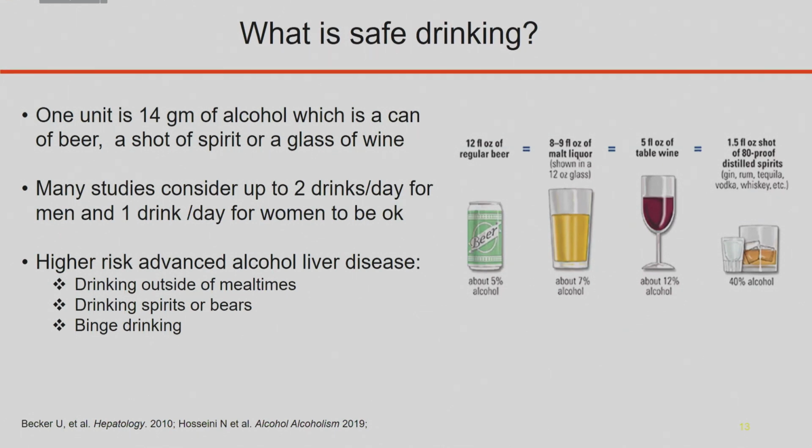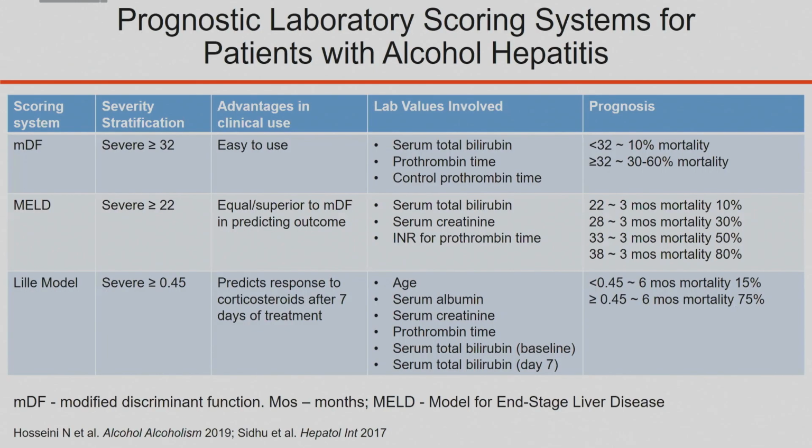So a question comes up about drinking alcohol. Jihan talked about the NAFL talk, and she talked about why the term NAFL is going away, because you could have metabolic and alcohol fatty liver at the same time. And this is what we consider safe drinking, and it's important to remember that a can of beer, a glass of liquor, a glass of wine, a short glass of distilled spirits, all carry around the same amount of alcohol. And alcohol is alcohol. And they all have around 14 grams of alcohol per unit.